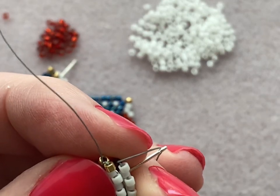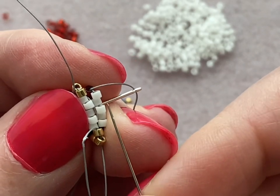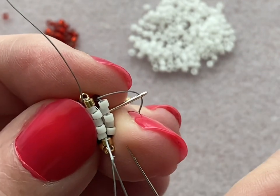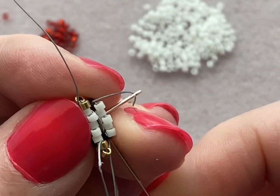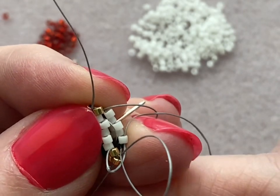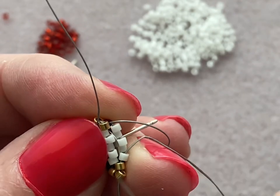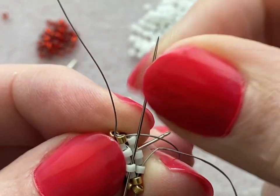So now you can see here, it's like a zipper. I have one on this side, one on this side, one on this side, one on this side, one on this side, one on this side. So I'm going to zip these 2 sides together. So you're gonna go through this bead and just try and keep all your tails out of the way if you can. This bead,